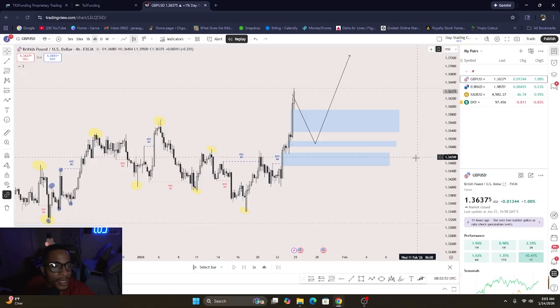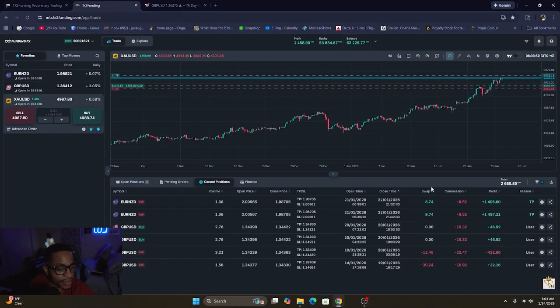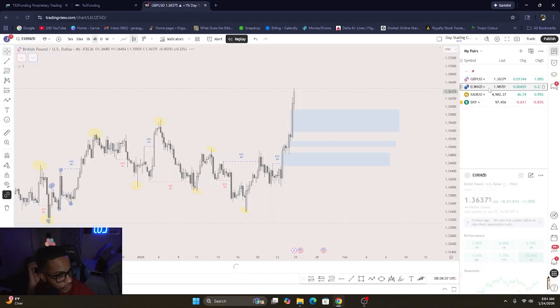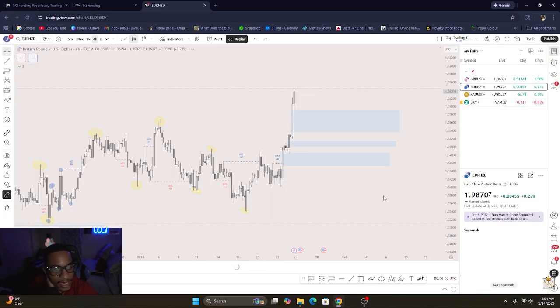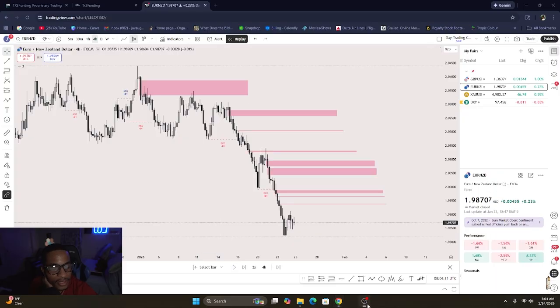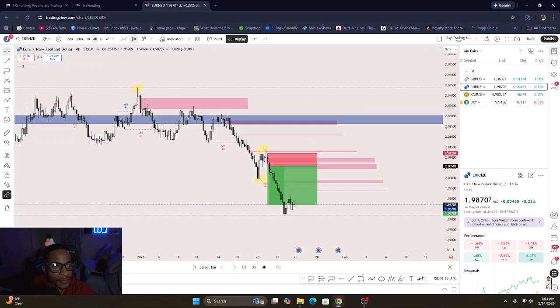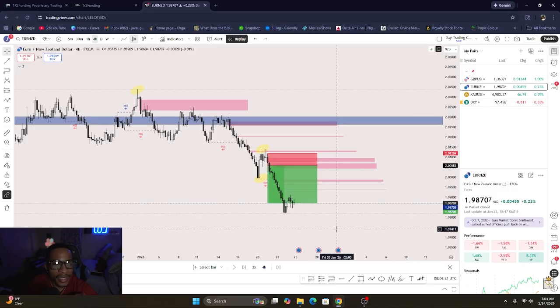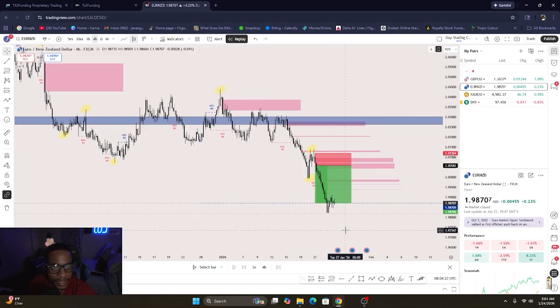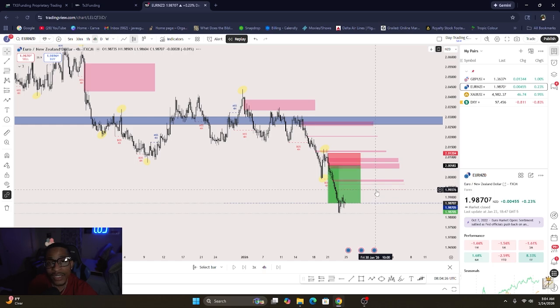So yeah, that was GU. And after I took my $46, I kind of just left GU alone. And then I went back to Euro NZD. All right, so Euro NZD, I actually had my eyes on Euro NZD for a few weeks now. It was just one of those setups that was in the back of my mind and I kind of forgot about it. And when I didn't see what I wanted to see from GU, I kind of just switched over